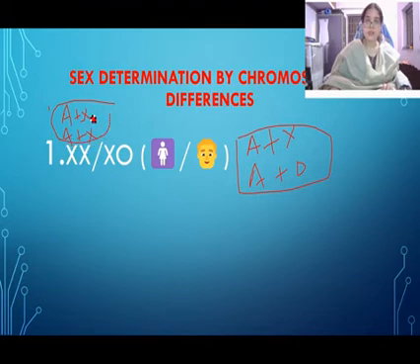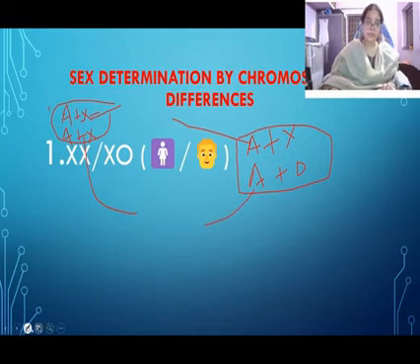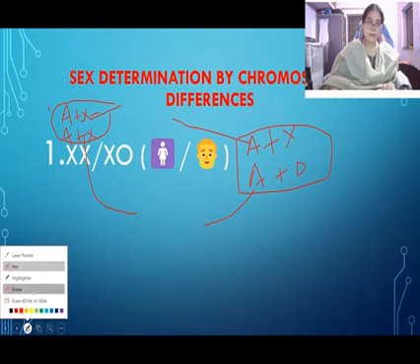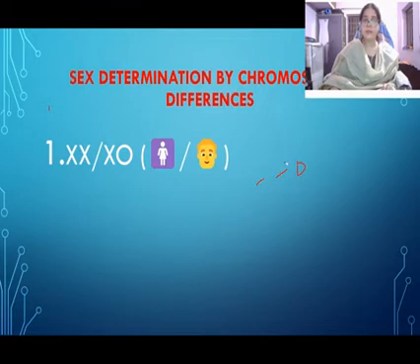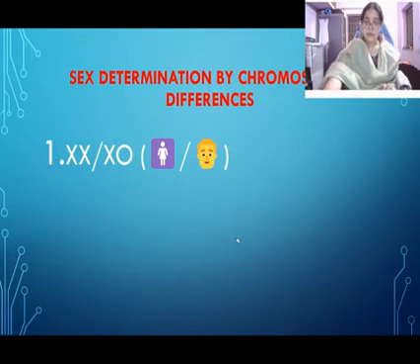If this and this combine, then the offspring butterfly will be female, and if this one combines with this one, then the offspring will be a male butterfly. Now this type is found in insects, butterflies. Now next is